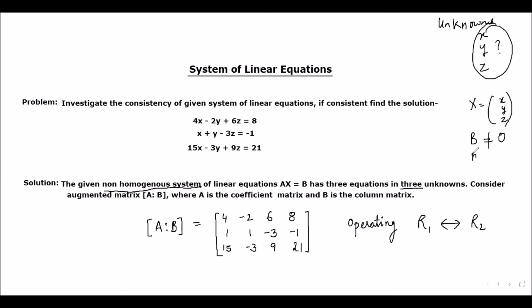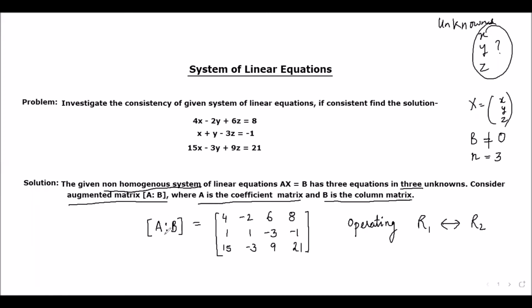n is a notation which we have discussed earlier, which we use for the number of unknowns in the given system of linear equations. So here in this particular case, n, the number of unknowns, is 3. We are starting here with the augmented matrix. This is the notation of the augmented matrix. It involves both A as well as B. A is the coefficient matrix and B is the column matrix.